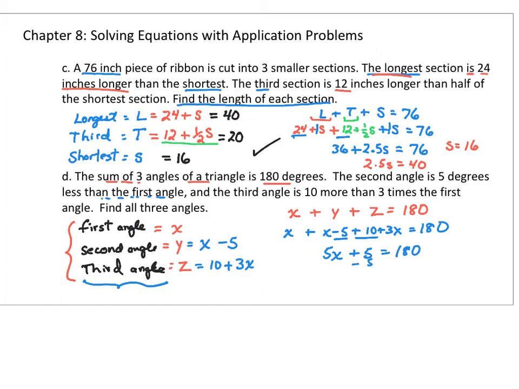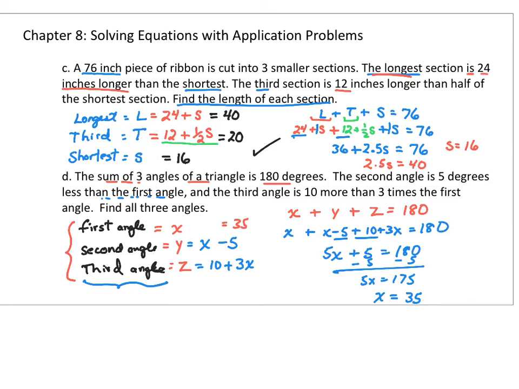And then you can subtract 5. And divide by 5. What is 175 divided by 5? Is that 35? I think it is. So if that's 35,